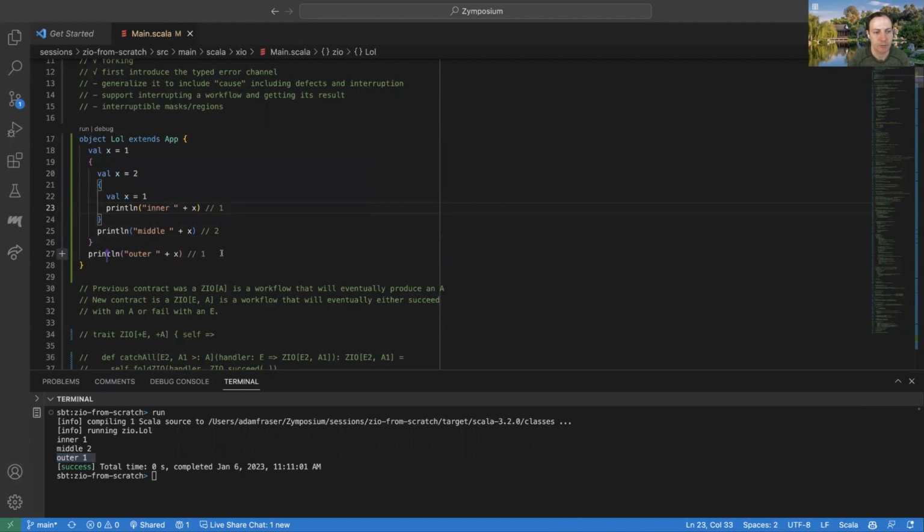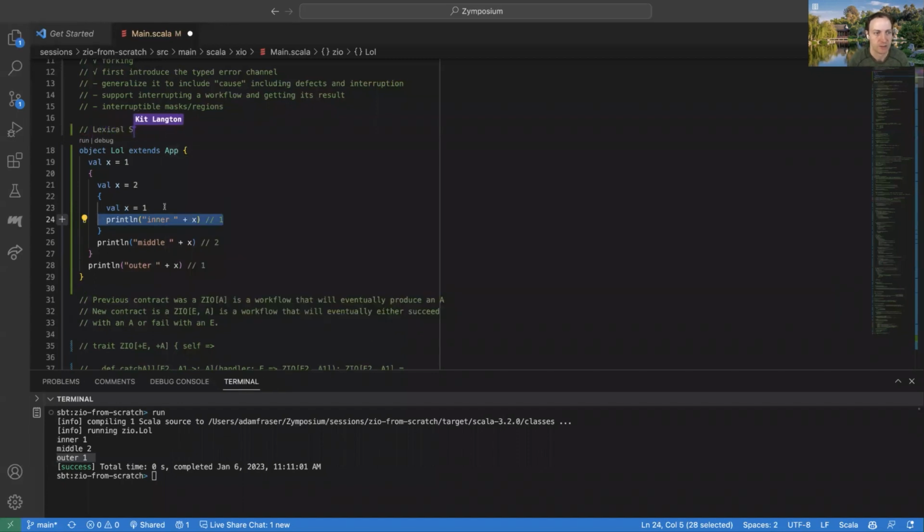And so you can imagine the same thing applies to interruptibility. It's interruptible, and then in this region, we want to make it uninterruptible. But then in this part here of the uninterruptible region, we want to make it interruptible again. So that's this idea of regions. And this is known as lexical scoping, this particular variable shadowing thing, where lexically means literally the lexical code that you have typed in. So there's a visual representation of the scope. You can see the actual code that you wrote, and that represents something about the structure of the program.